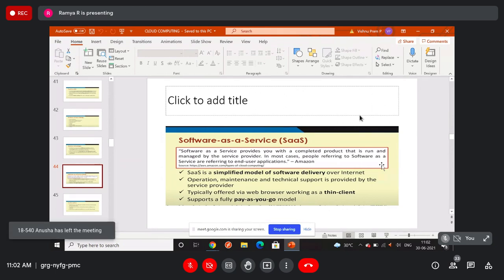Readily available software, in the sense that sometimes you purchase something like the Microsoft operating system, which is readily available; you purchase it and you use it. So many things will be there. Sometimes you're just installing some apps, different applications, like your Google applications that you install from the Play Store.